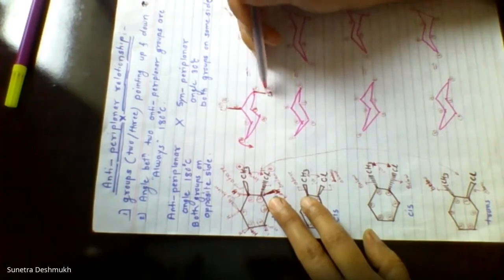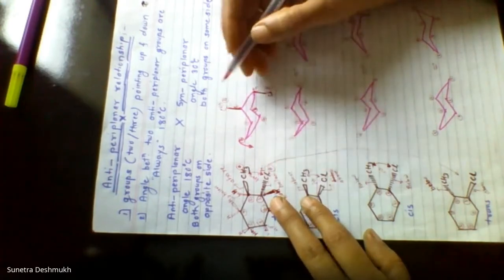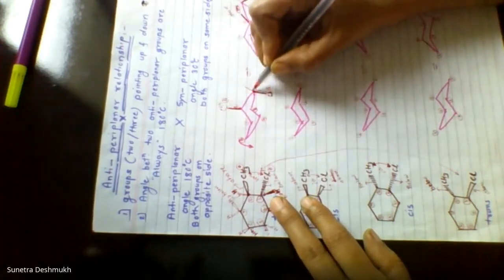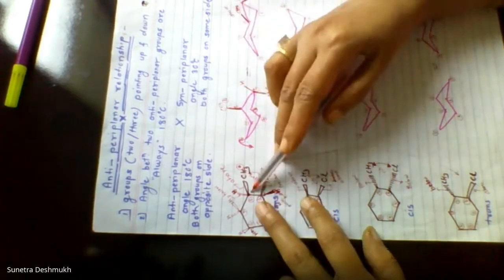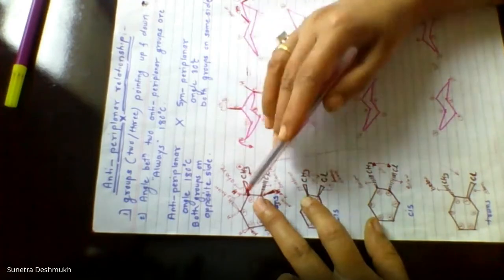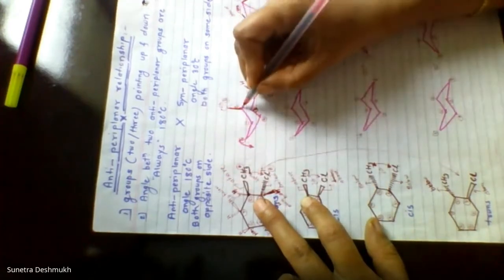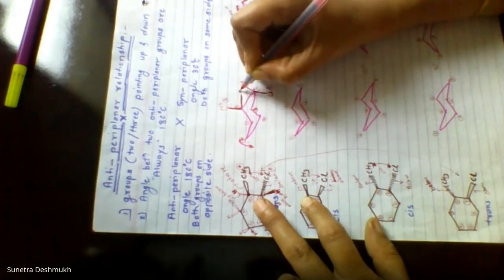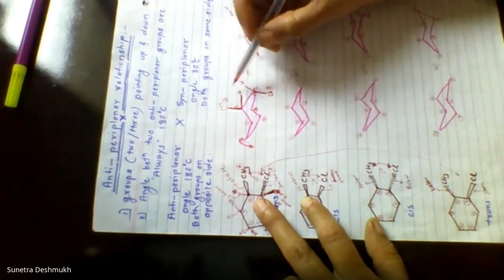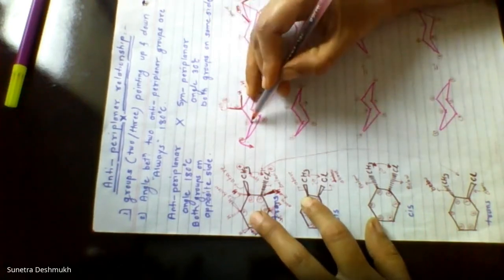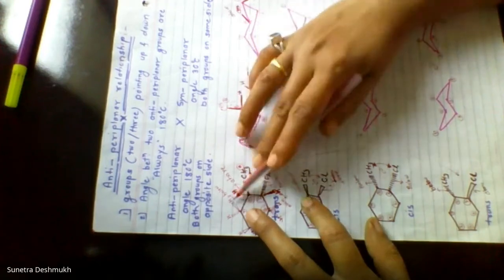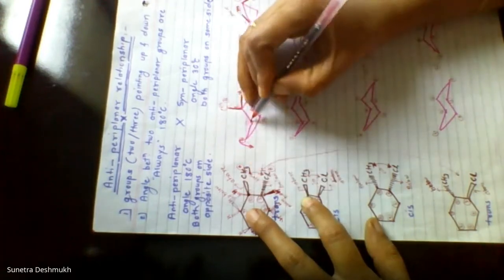Here, if the methyl group is axial, at the first position we will go for axial, where chlorine is below the plane and hydrogen is above the plane, so that will be pointing at the equatorial position. Now at the second position, methyl above the plane, hydrogen below the plane, so that one is also pointing at the equatorial position. Okay, like this. So two carbon atoms are finished now. Now at the third carbon atom, I will come over here.